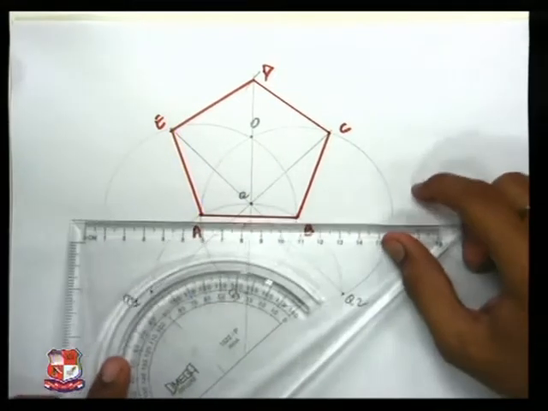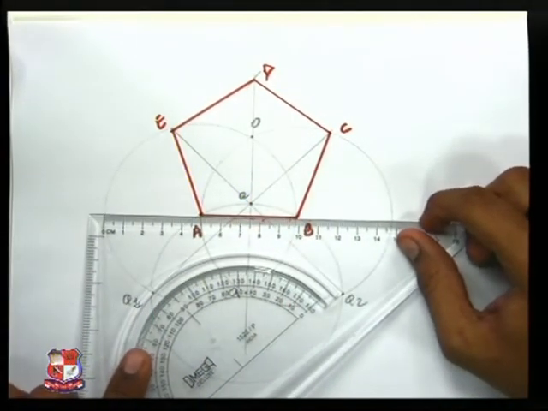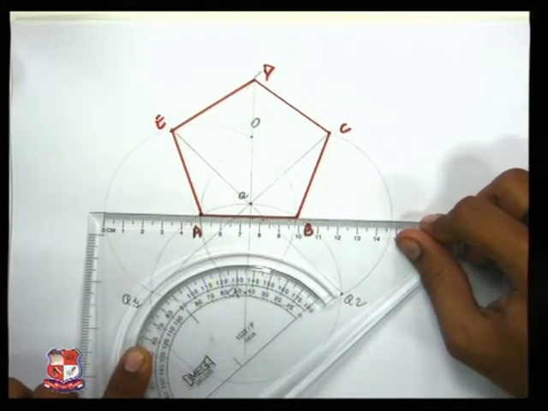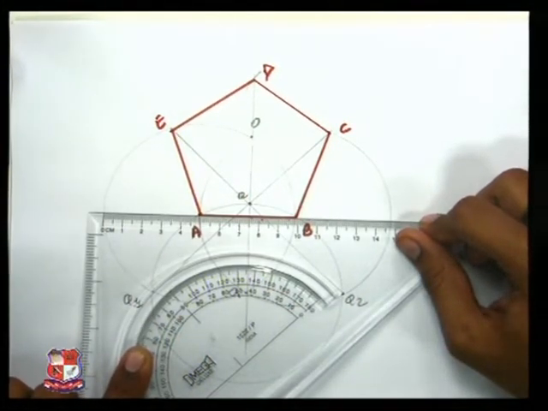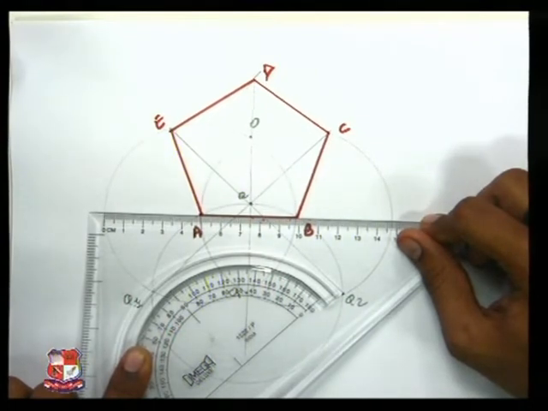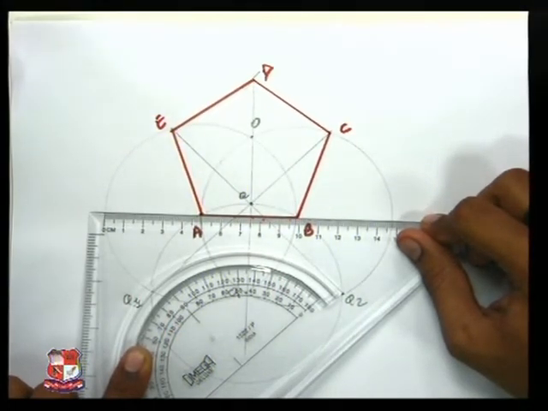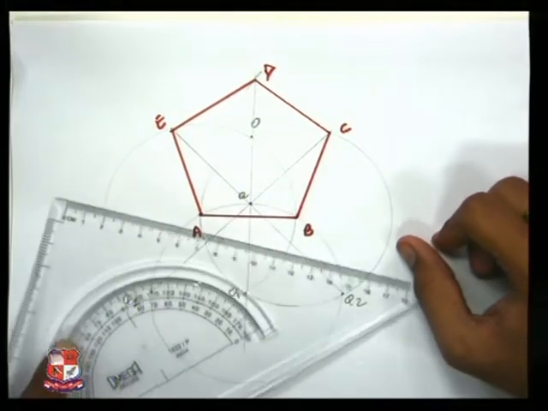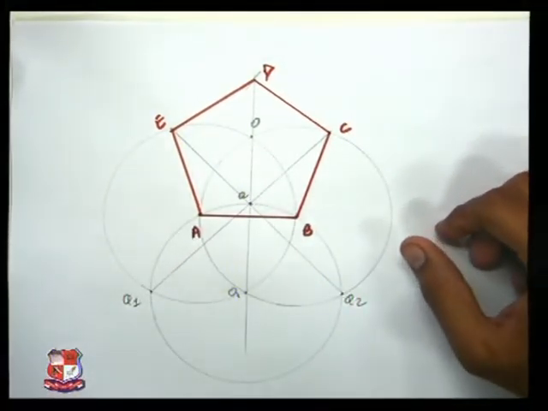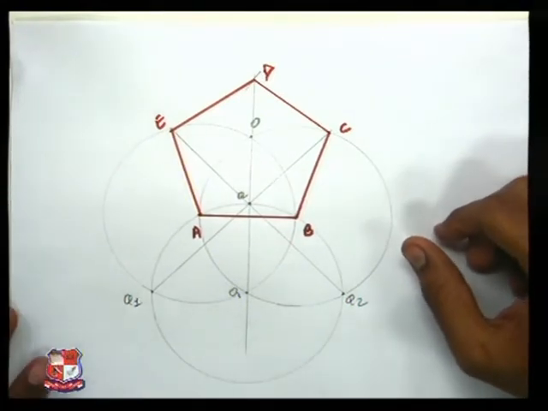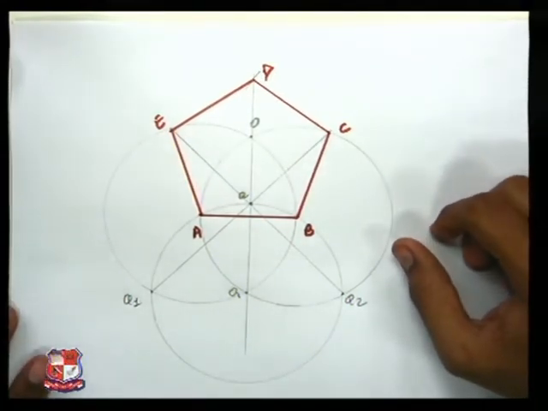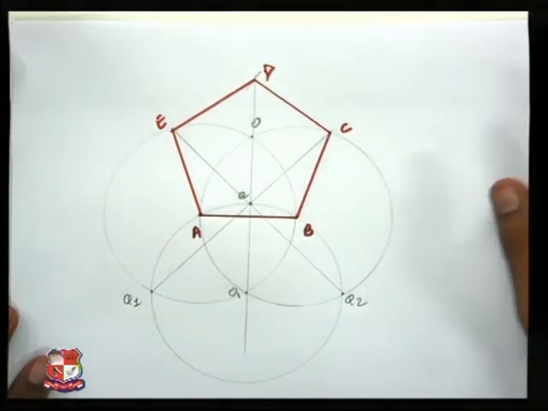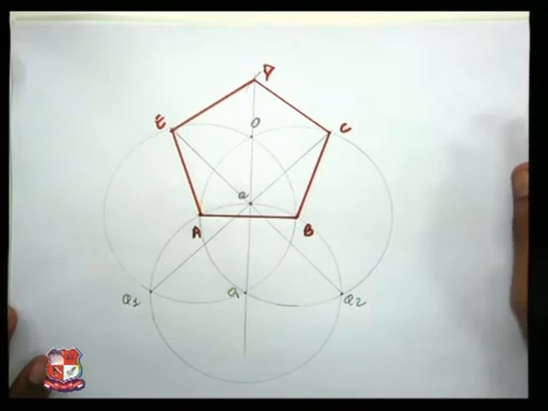If you measure this diameter of the circle, for me it will come around 100 mm, as I have taken the scale 1:2. But if you consider 1:1, then it will come around 50 mm diameter. So this is how you can draw a pentagon using the 3-circle method, or when you have been asked to draw a pentagon in a circle of 50 mm or so diameter.